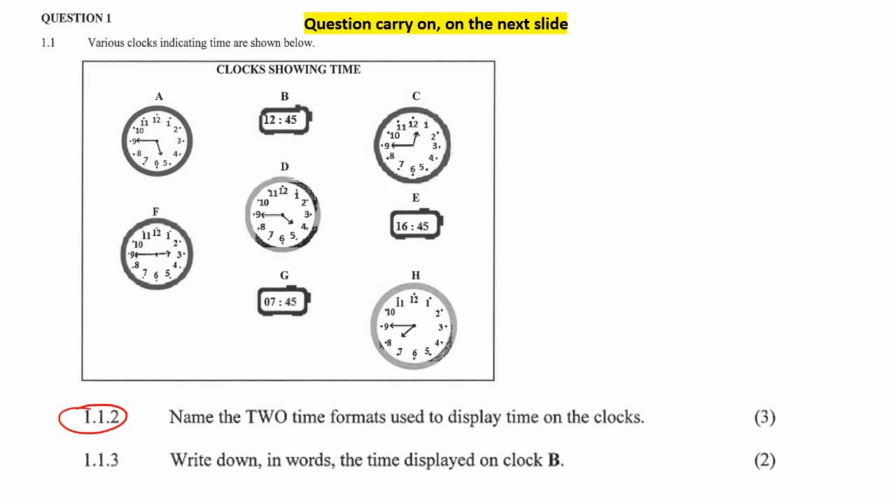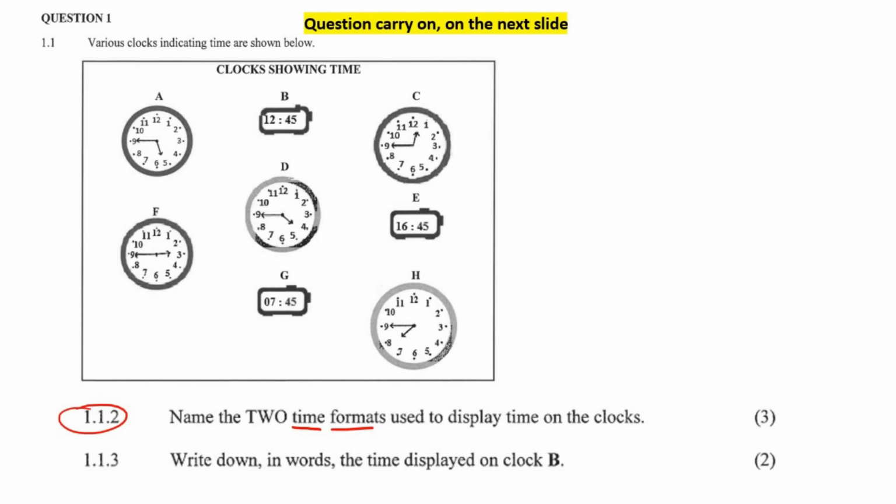This question says, name the 2 time formats. So when I read that at first, I originally thought they were talking about the different types of ways they can show the time, like analog, digital. But if you look at it carefully, they're saying name the 2 different time formats. So you get, for example,